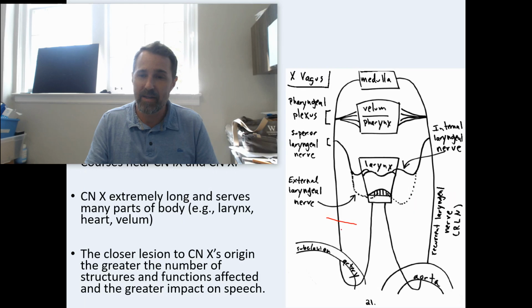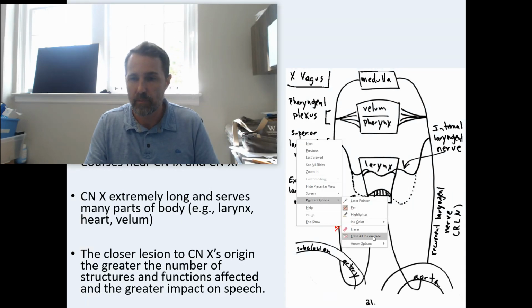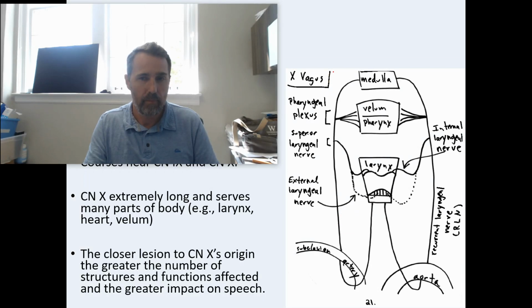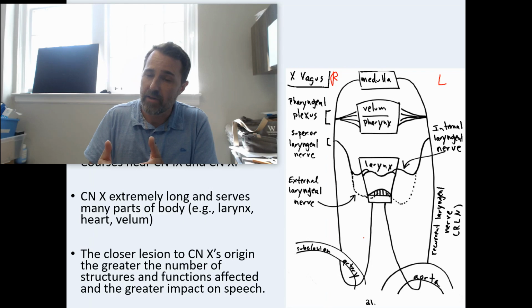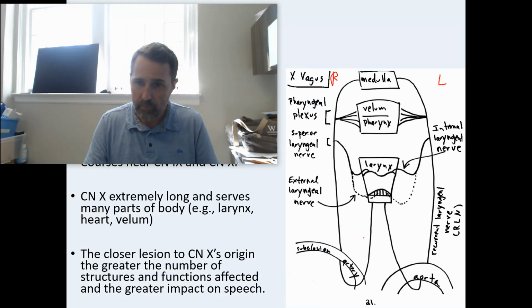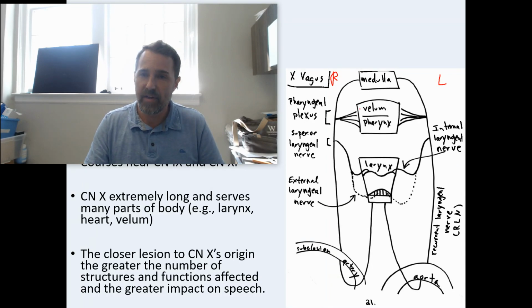So the RLN is responsible for adduction and abduction of the vocal folds. Right RLN, responsible for adduction of the right vocal fold. Left RLN, responsible for adduction of the left vocal fold. Okay, so now what is the role of the velum